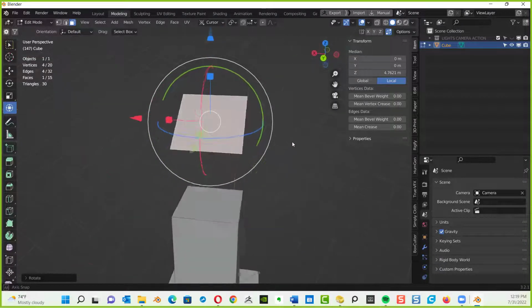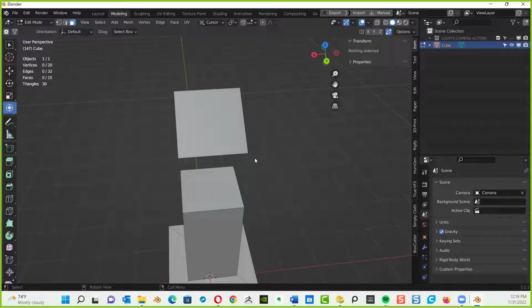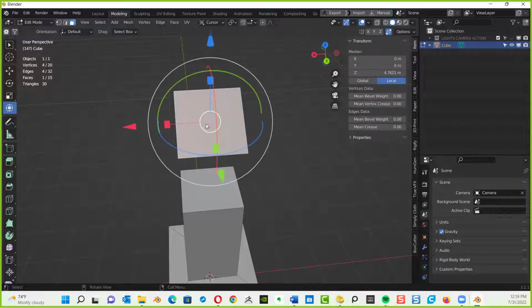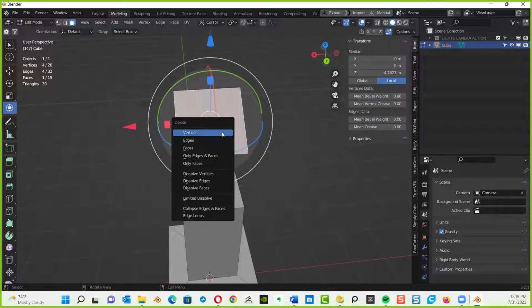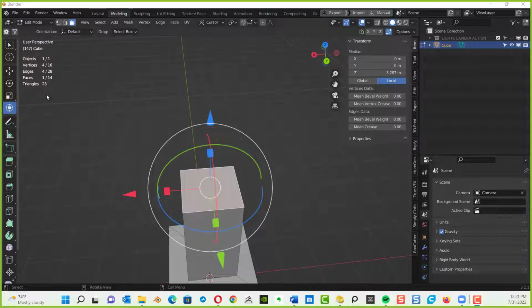All right, now the last thing I want to show you is this. If I want to delete this polygon, I'll go to my front face and hit the X key on the keyboard, and it's going to ask you some questions. What do you want to delete? Vertices, edges, faces? I want the whole face deleted. So I want you to delete that now. I'm going to pause recording and let you guys do that. Give you a few seconds.